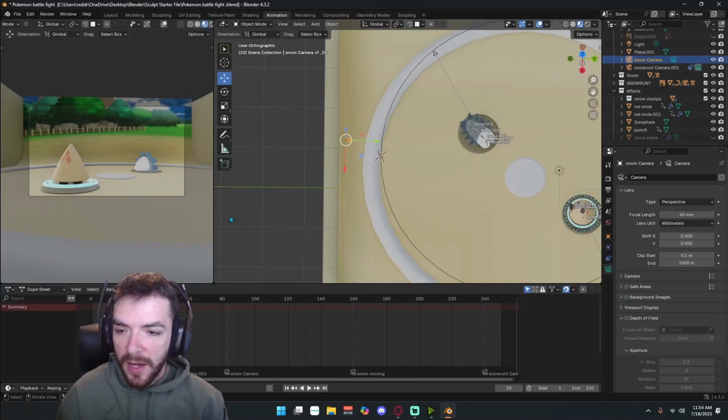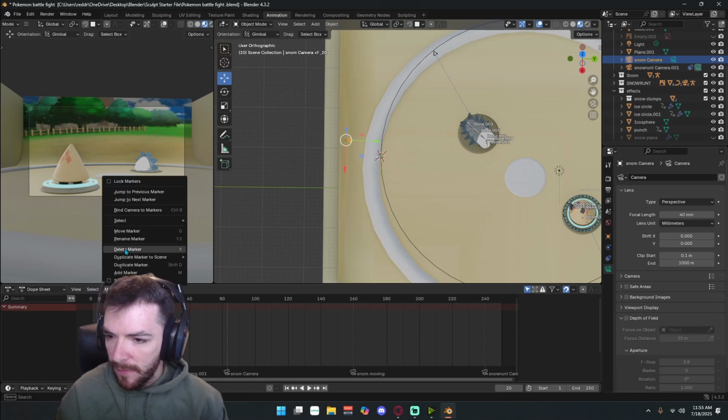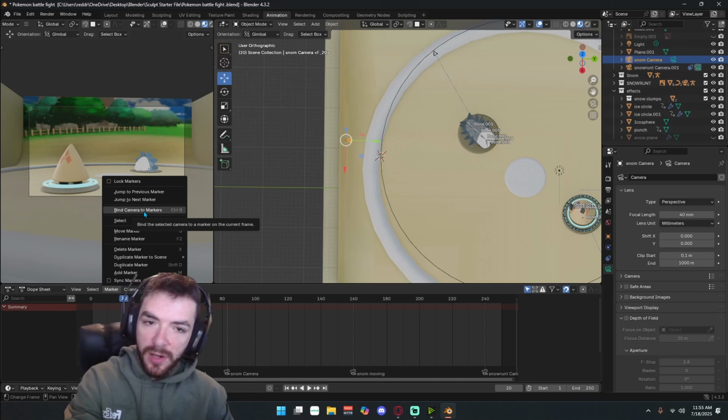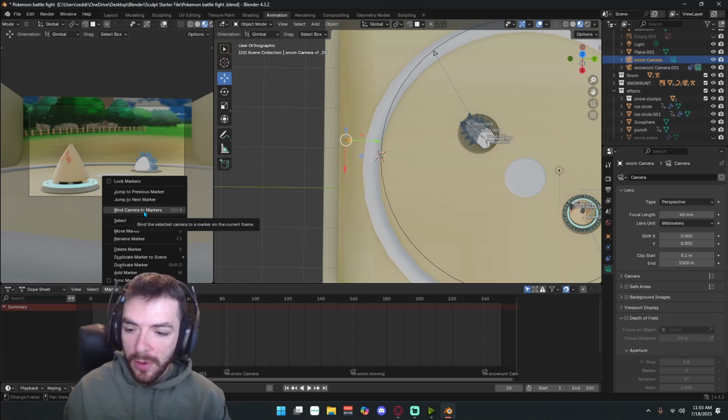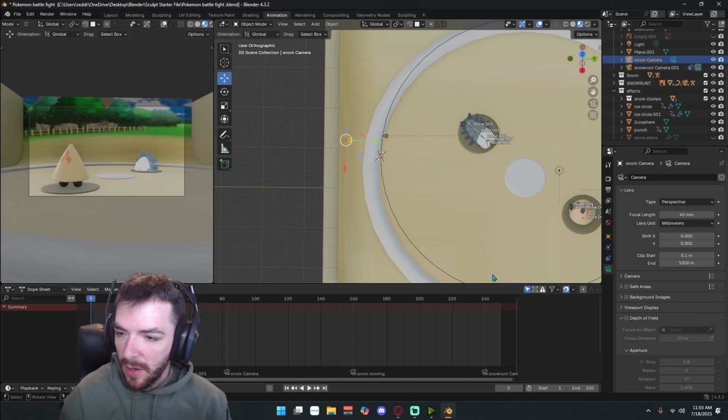And then I'm gonna jump back into animation. Go to F20. I'm not sure why it wasn't working over here for whatever reason, but then you want to go to marker, bind camera to marker. So this is going to bind the active camera, which is this one right here behind Snom, to this marker that we've placed on the timeline at frame 20. So now that we've done it, it switches it up. So now when I go and press play,